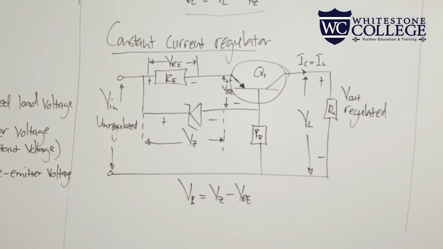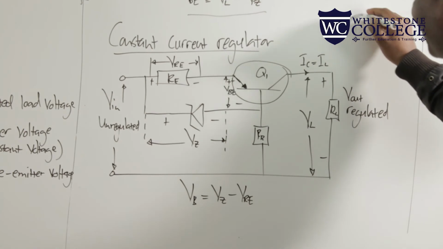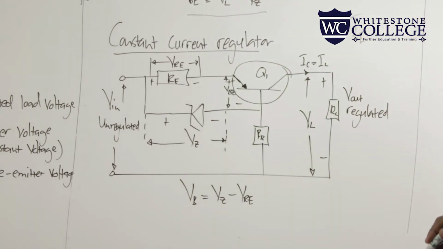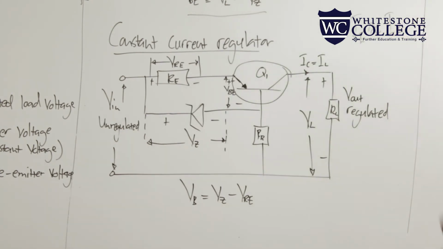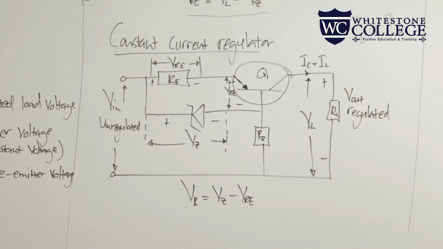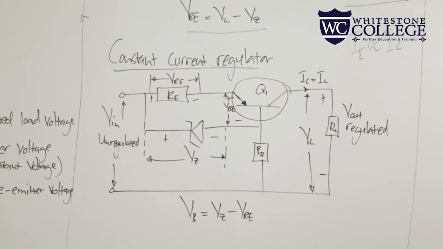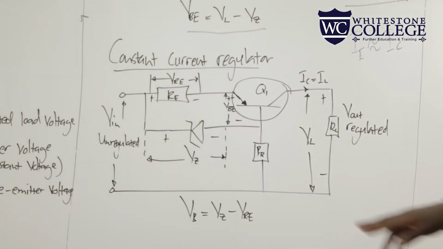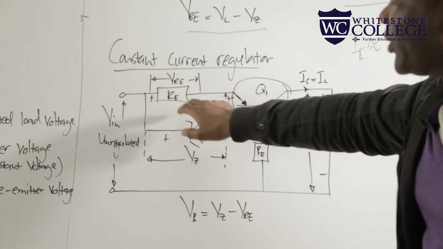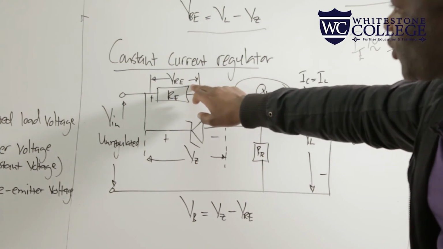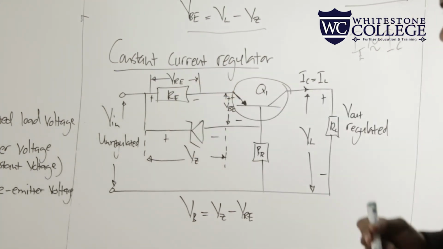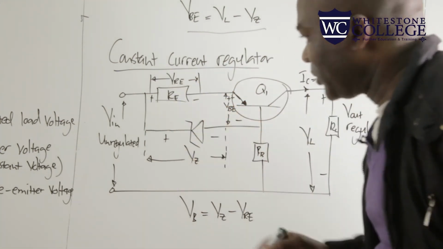In this case, our assumption is the emitter current is approximately equal to the collector current. Remember, the emitter current is where our charges emanate from, and the collector current is where our charges are collected. So in this case, we have RE, which is a resistor connected to the emitter terminal. So we're saying the voltage drop across RE, if we look into this loop,